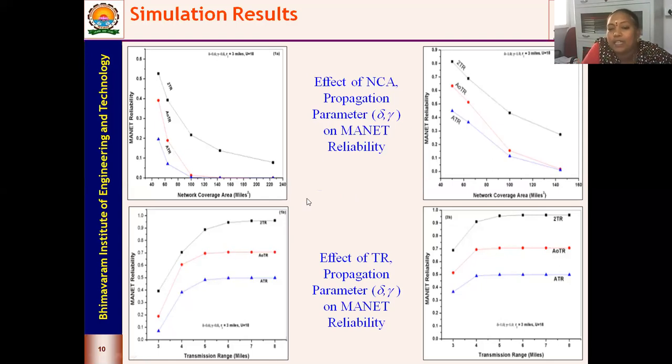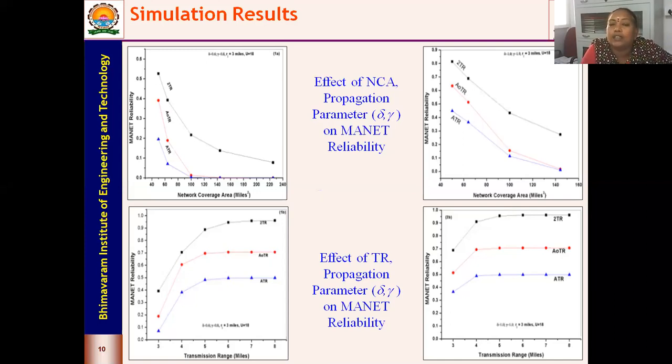In the previous case, when we considered a binary model, we had a link probability equal to 1. We got the highest probability, which is 0.81. Whereas when we considered the propagation, because of the fading of signal strength, we see that we lose some connectivity. Between 2 nodes, we'll have a link probability of existence. So when we multiply, we are getting 0.729 in the second case, whereas 0.81 in the first case.